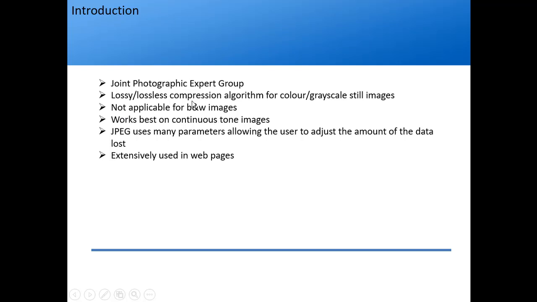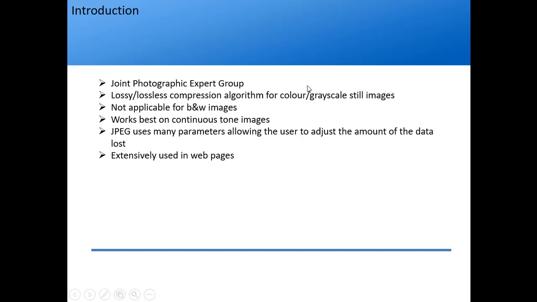Some of the students might have a doubt about the difference between black and white and grayscale images. Black and white has only 2 pixel values, either 1 or 0, that is, either black or white. For example, if I assign 1 as black and 0 as white, it will be only 1 and 0 everywhere in the image. But if it is grayscale, it has values like 0, 0.1, 0.2, 0.3. That is black, then light black, then lighter black, and so on. From this you go to the various shades of gray. That is why it is a grayscale image.